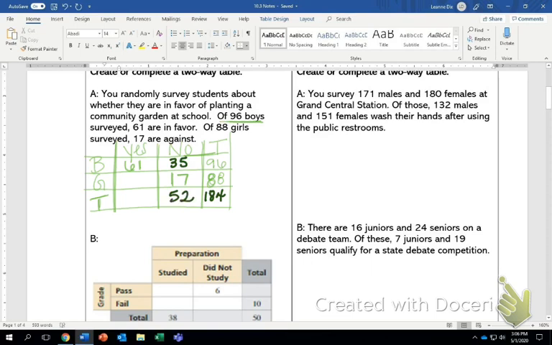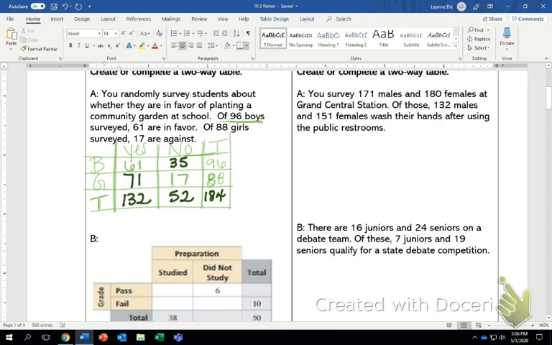All right, and then finally I can figure out how many girls in total, or actually I already know how many girls in total were asked, but I can figure out how many are in support by subtracting 17, and I'll get 71. And again, just double check, 71 plus 17 is 88. Okay, so I know I did that correctly. And then finally, I can add downwards, 61 plus 71 is equal to 132. All right, so this is our way of completing the two-way table, and it's the same thing over and over again. So again, we're going to do another one,